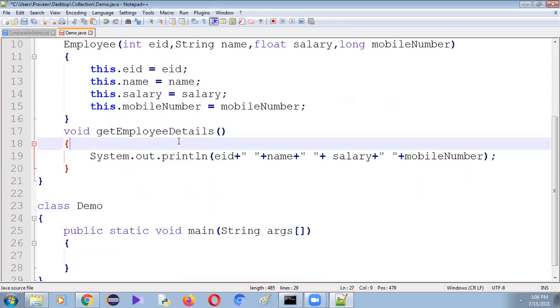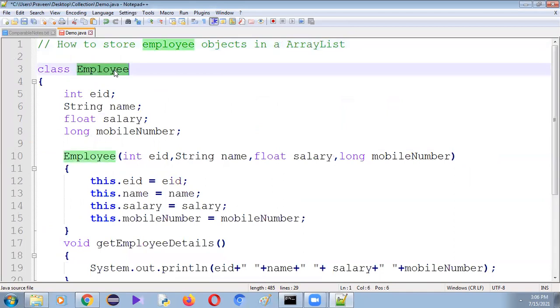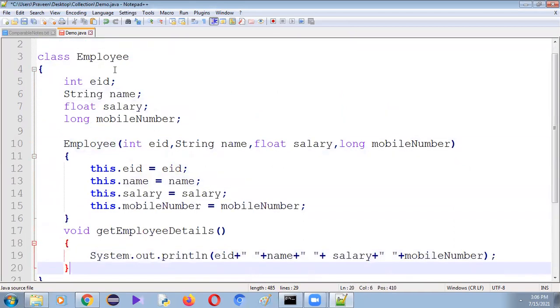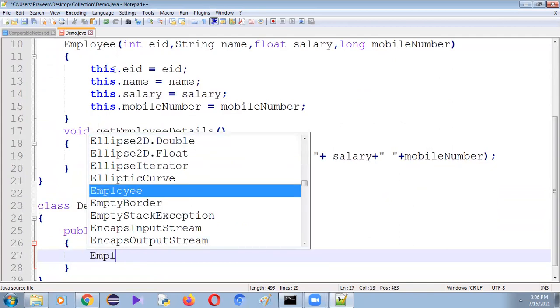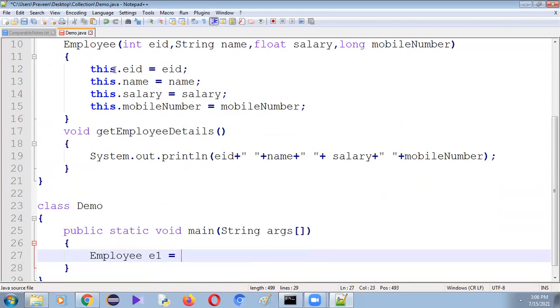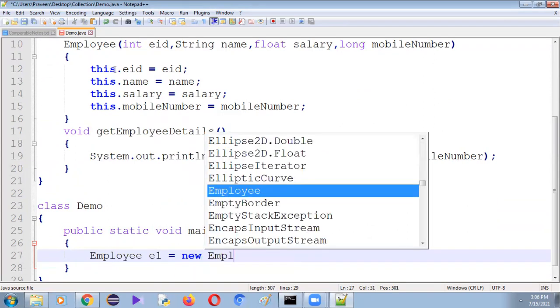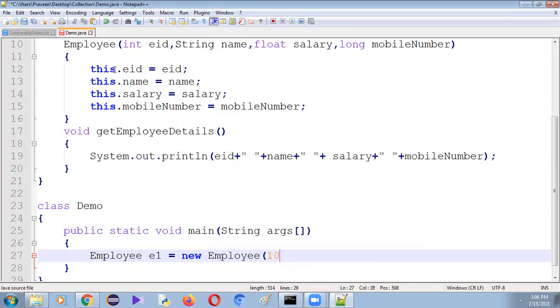Here let me create the employee object by passing the 4 values. Employee E1 = new Employee, passing the values: employee ID, name, salary, and mobile number.